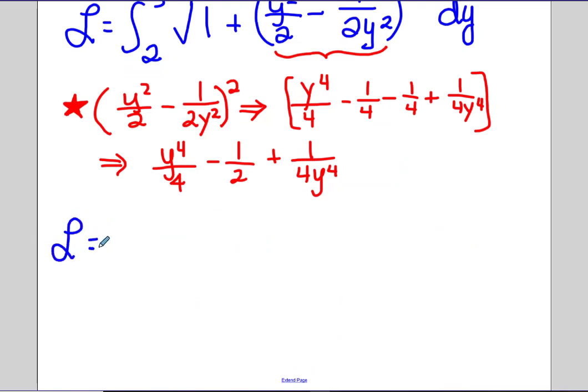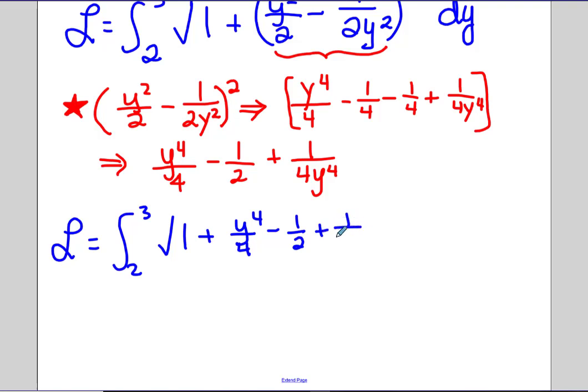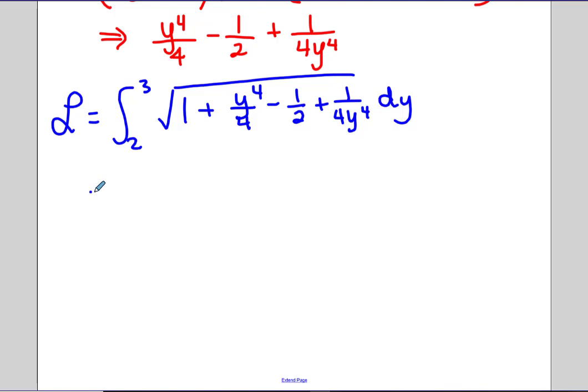So the arc length will be from 2 to 3 of this first one plus y to the 4th over 4 minus 1/2 plus 1 over 4 y to the 4th dy. And if we get a common denominator here from 2 to 3, our denominator is going to be